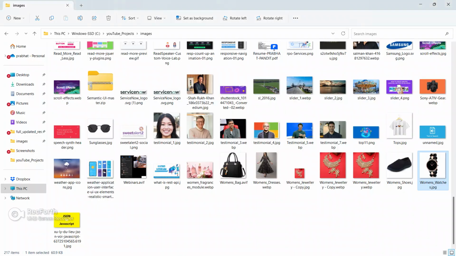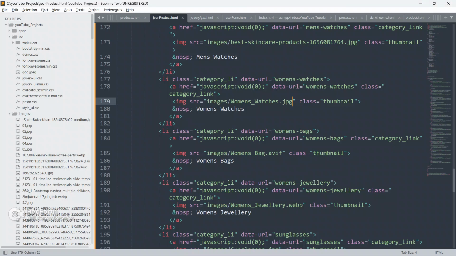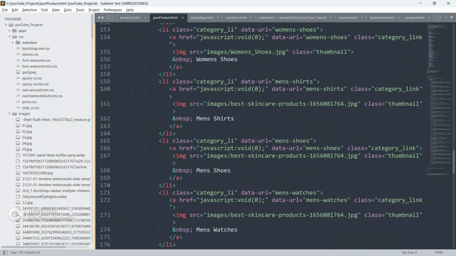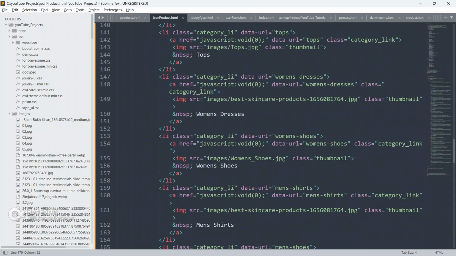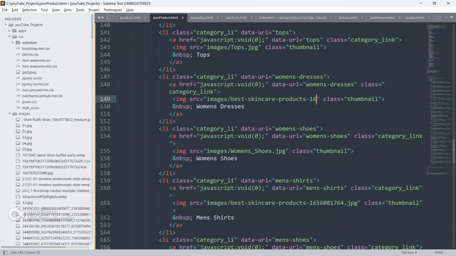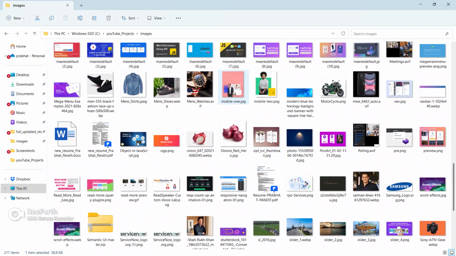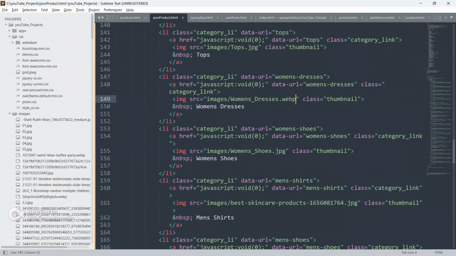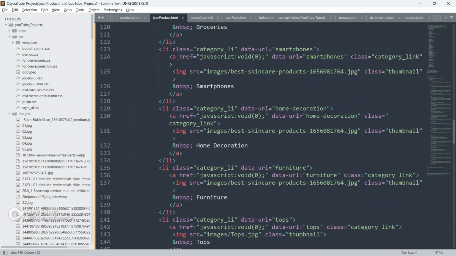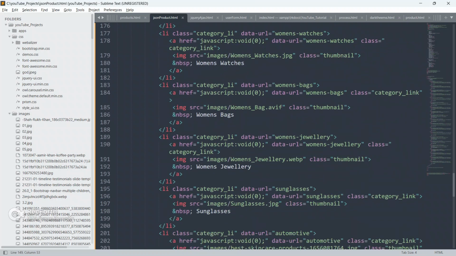Here is the women's watches, guys. We just have to replace the image name. Women's dresses, just copy this name and go to the women's dresses and replace this. Now men's shoes, go to the men's shoes and replace the image name.